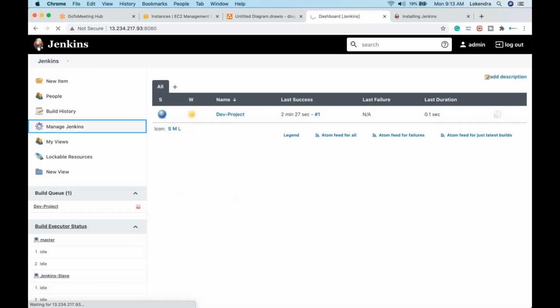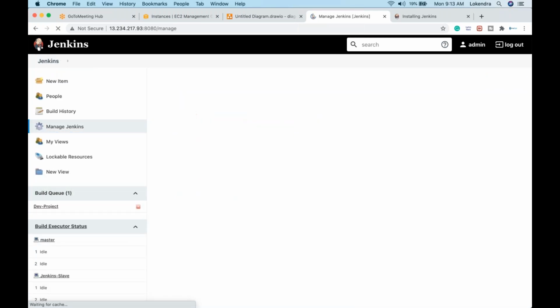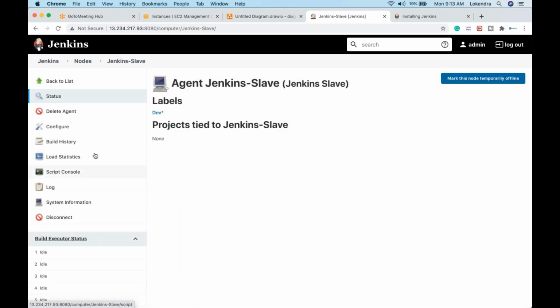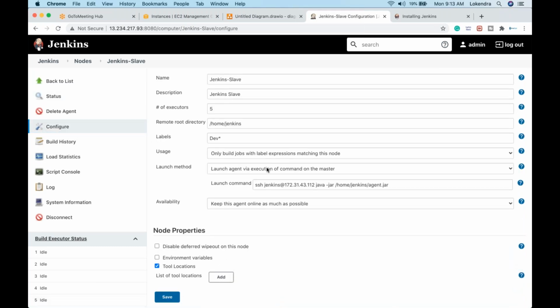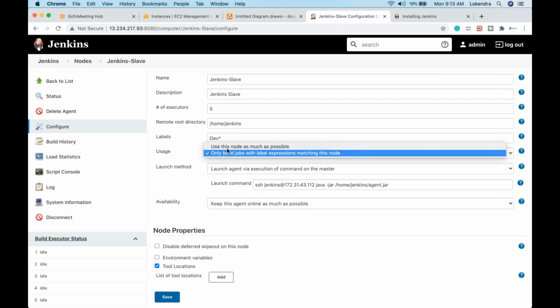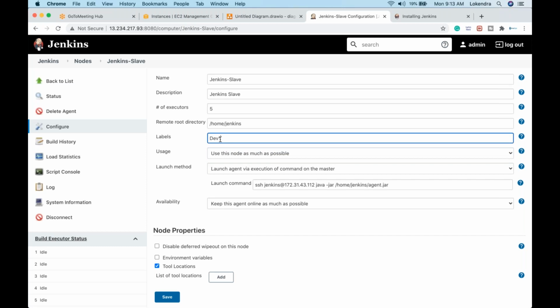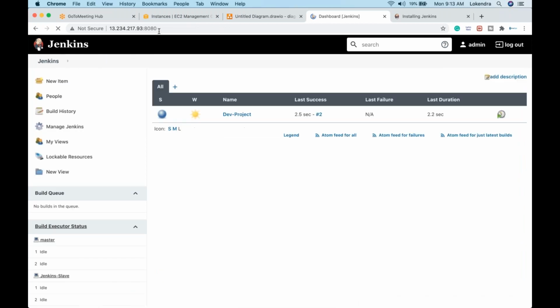On the node, I'll go to configure, and I'll say use this node as much as possible, and obviously dev dot asterisk, save. Once again I'll go back, and guys, see I'm on my Jenkins master, right? If I run this particular job, see guys, this is also the button which I can hit to schedule the build, right?